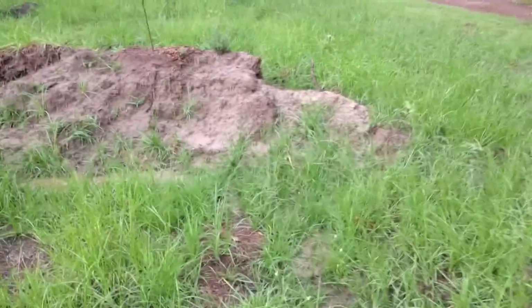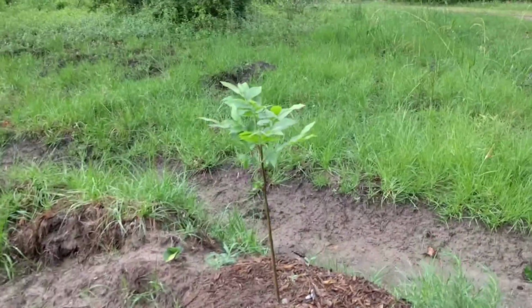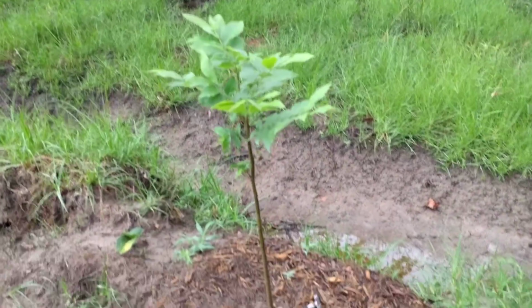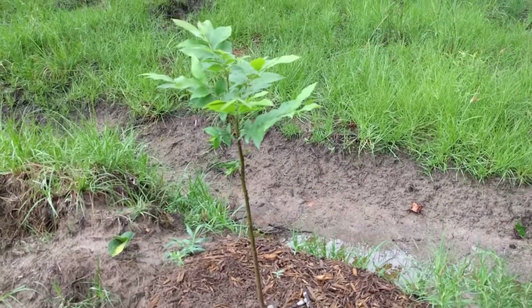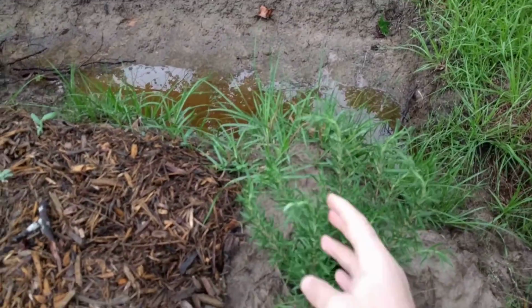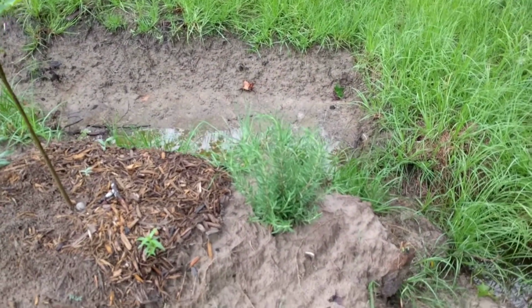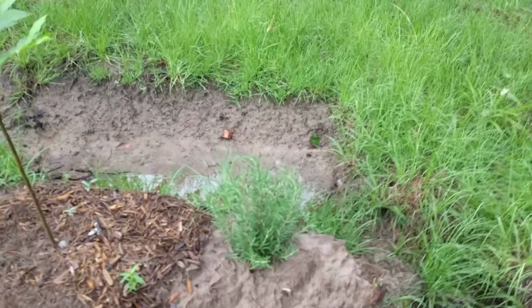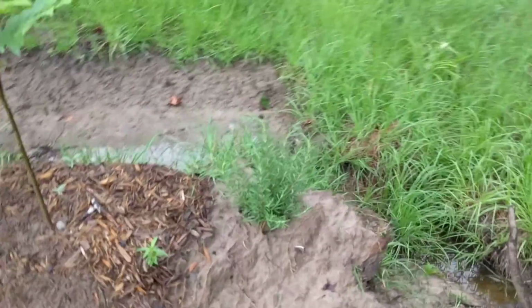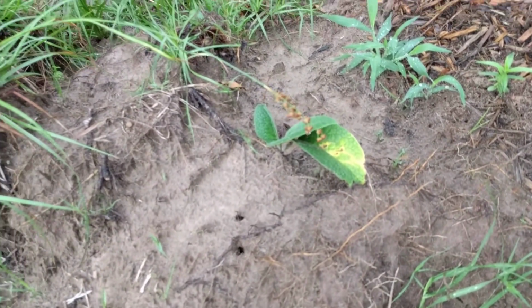But coming up to our little swale here, we've got the only pecan tree we actually got planted. I'm pretty sure that's accurate. Got some rosemary growing here. This stuff is a trooper. It got pretty dry for a week or two in a row, and that stuff just soldiered on. Got some comfrey growing here. It didn't look like it was